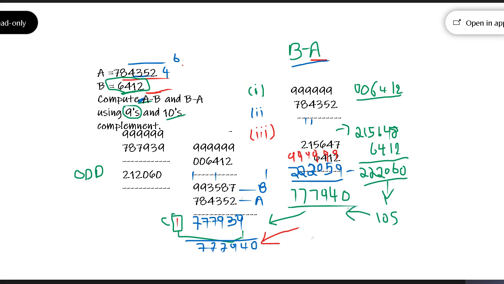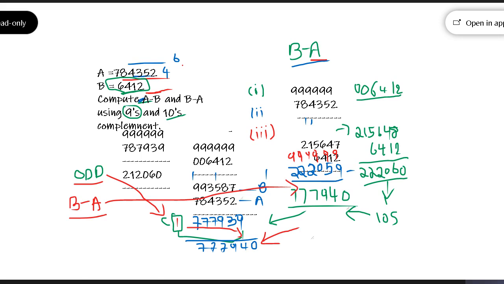It doesn't matter whether it is nines or tens complement or 15s or 16s complement, or even ones or twos complement, the procedure is the same. So basically for odd, if you get a carry when you do A minus B, you're going to add that carry to the LSB. For B minus A, if you do not have a carry, you'll just do the direct complement of it, whatever complement you have done.